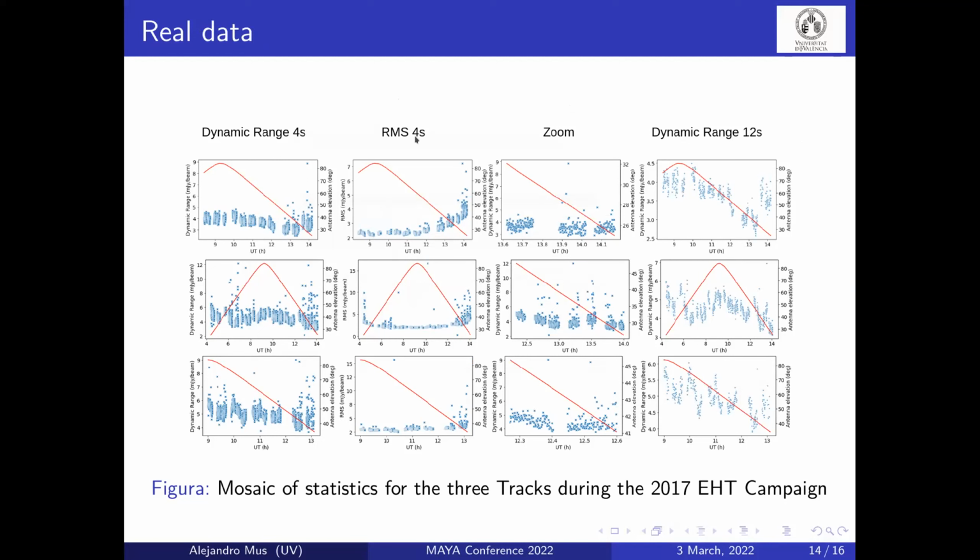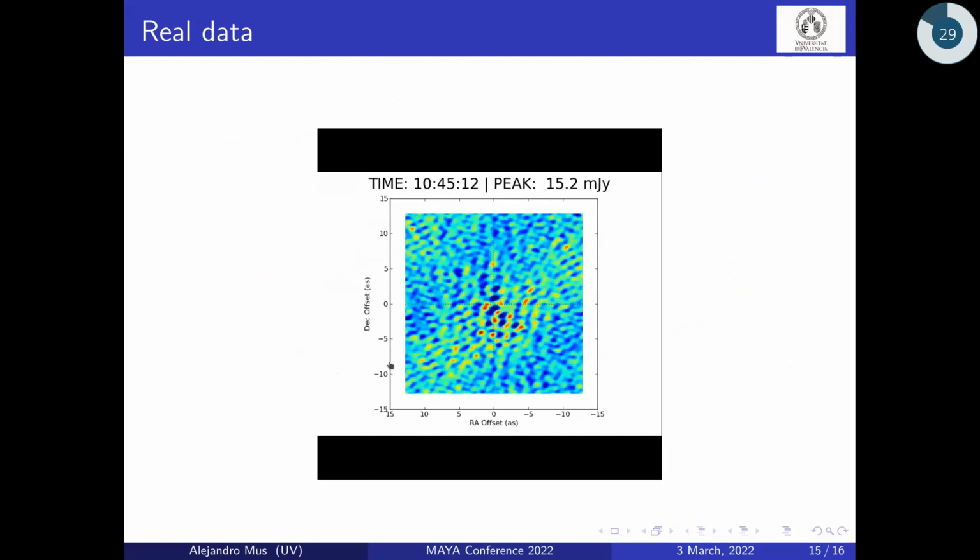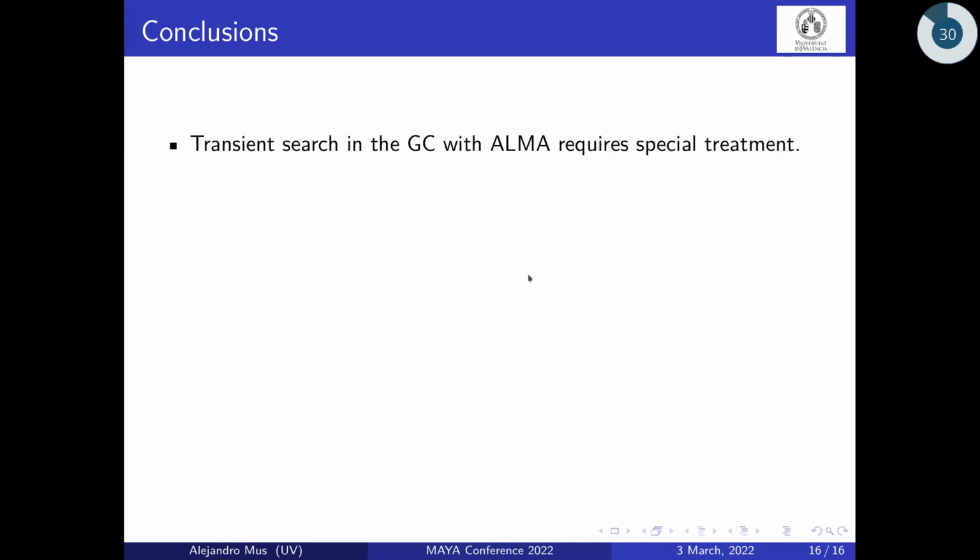However, you see some points here and you say, oh, what could this be? To be really sure that those were not transients, even if they didn't survive the time averaging, we manually inspected. We took this point, for example, and I will show you the movie. We have 3 minutes, okay, perfect. So I will leave the movie. We don't see anything. And this point is bad data due to antenna problems or calibration, because the method is very good, but it's not perfect, right?